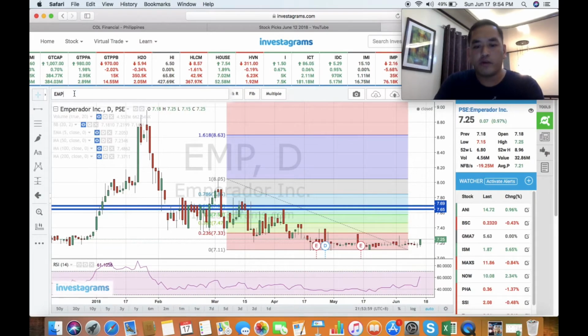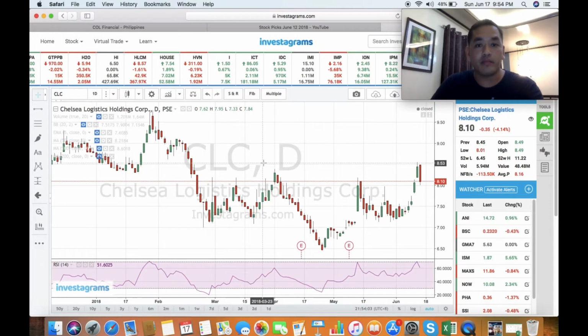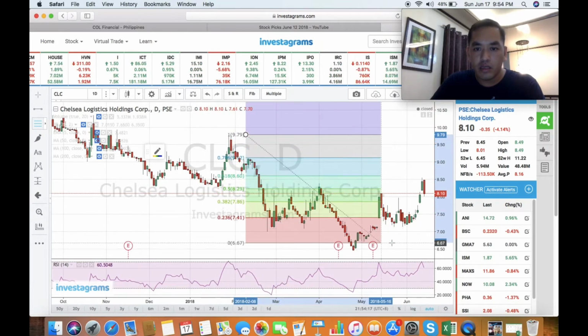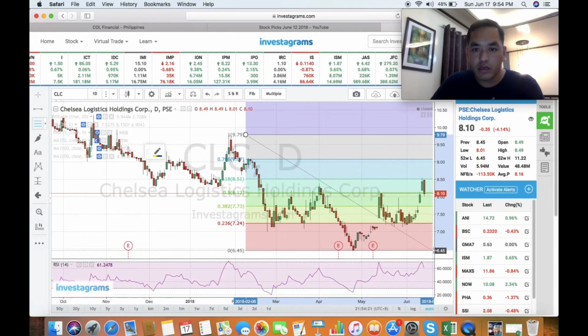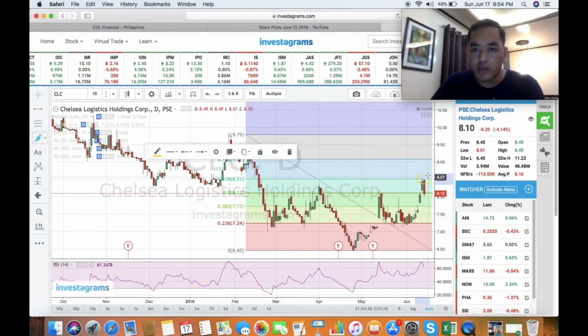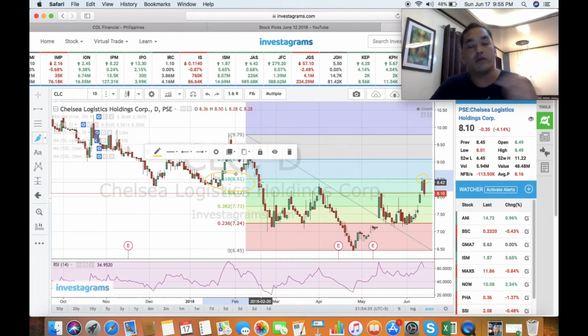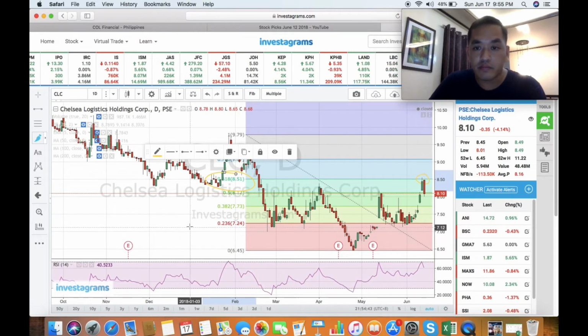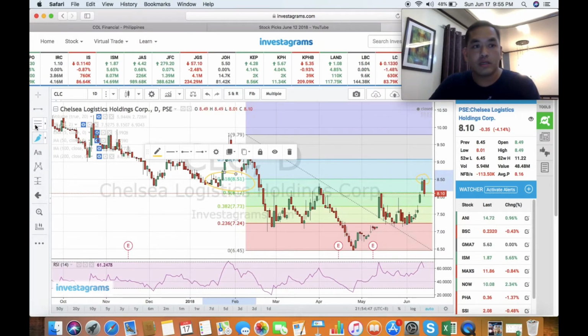CLC, for me, it's already a sell. It already hit my target price. So based on Fibonacci, this is how I do it. Okay, so the target price is already hit over here. 61.8 Fibonacci. Always remember this Fibonacci level, 61.8. That's a very strong resistance and also a very strong support, I should say. So there you go. That is why on the last trading day last week, there was a strong red candle that happened. So if you are still going to trade this stock,